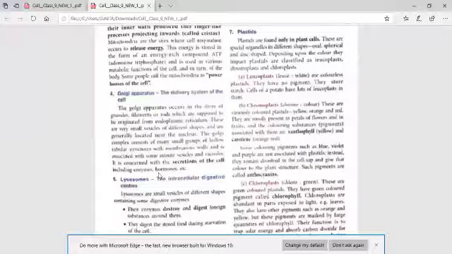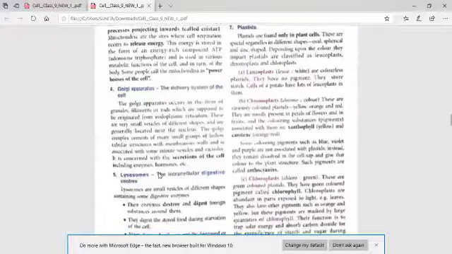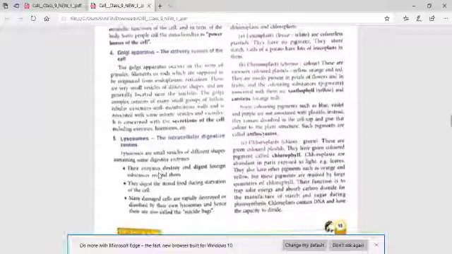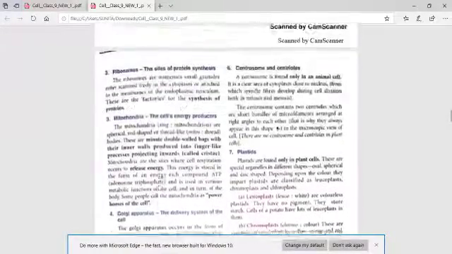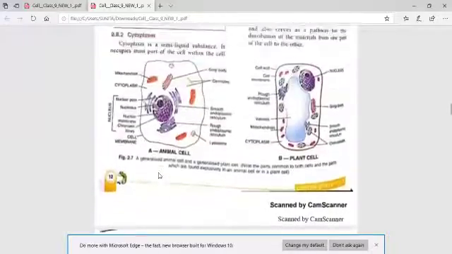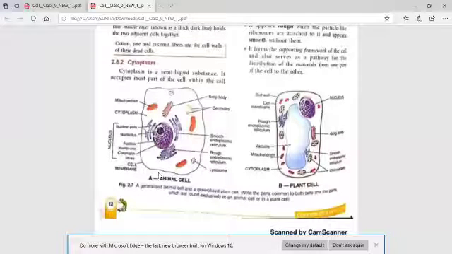So the question comes: name an organelle which originates from ER. Please write down the answer, Golgi apparatus. Next come to the part lysosome. Lysosomes are mainly present in animal cell. You can see in the diagram, they are only present in animal cell. Now, what is the function of lysosome?